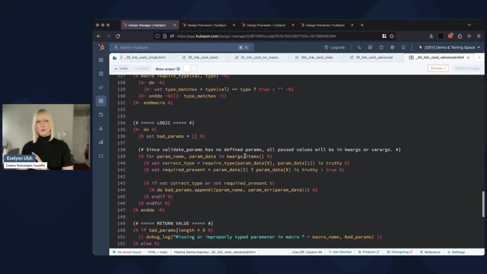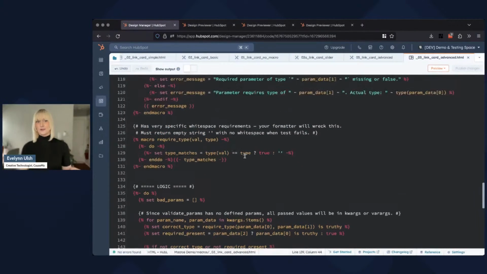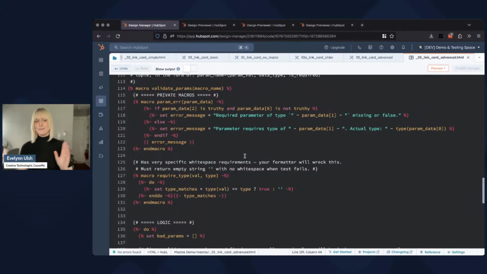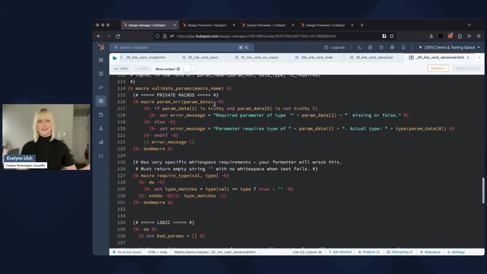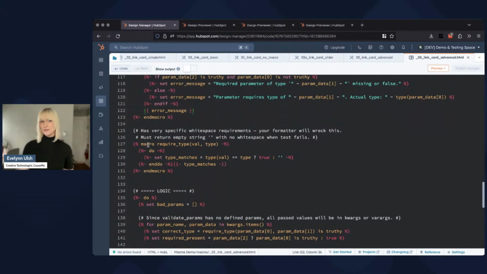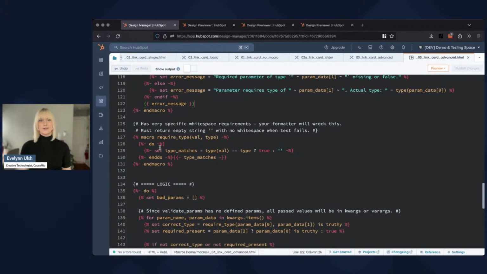Okay, now we're going to look at some of these internal macros. I mentioned it earlier. Macros can have other macros within their scope that are only accessible within their scope. This first macro, nothing very special. This just takes in some error data and spits out an error message based on some simple logic. But this macro is a really cool one. And this is a way to use macros that is very novel and super handy for making your code more readable. So this require type macro,